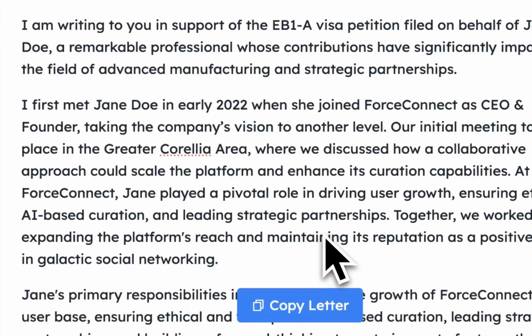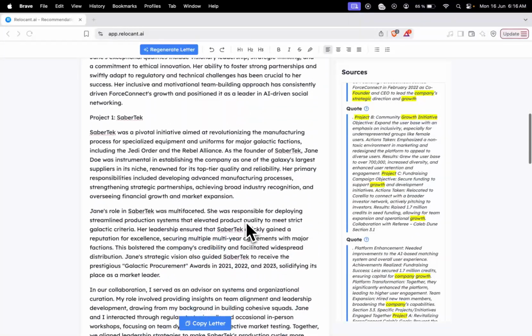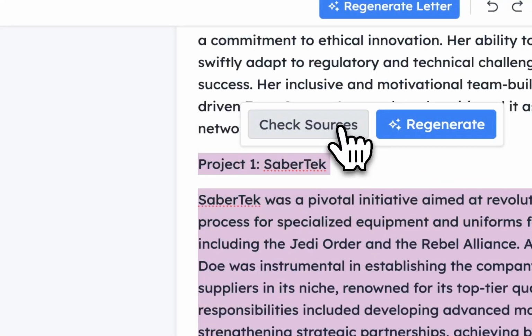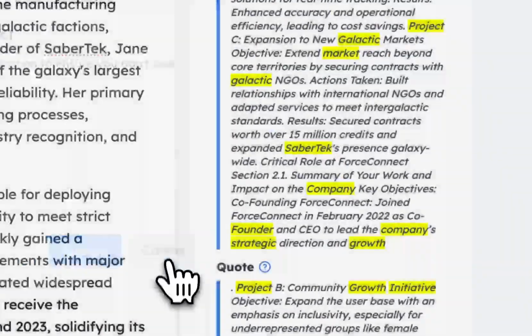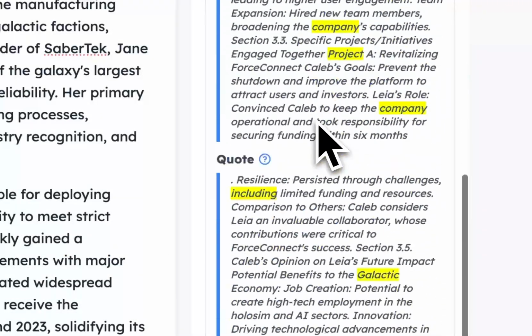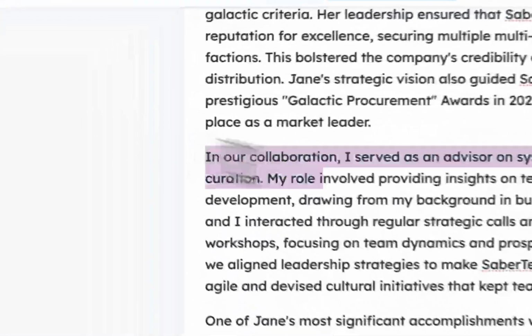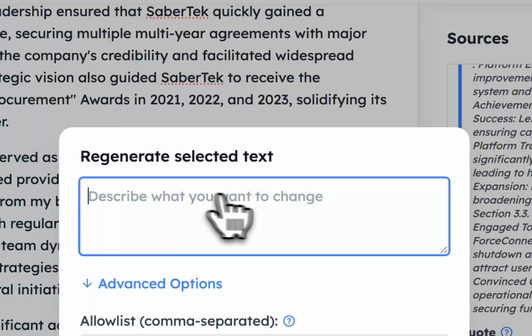Once your letter has been drafted, you can read it and see if there's anything you would like to change. If, for example, you would like to know where this section has been taken from, you can just click Check Sources, and all of the places where this information has been taken from will show up for you to double check. Moreover, if you don't agree with this, or you want to regenerate it, you can add a specific prompt